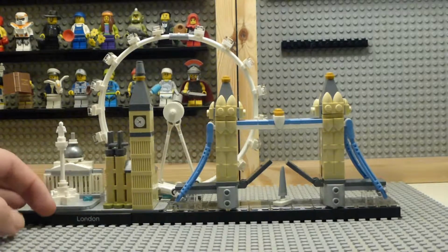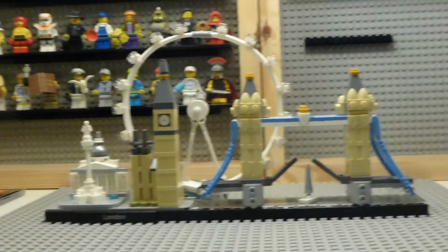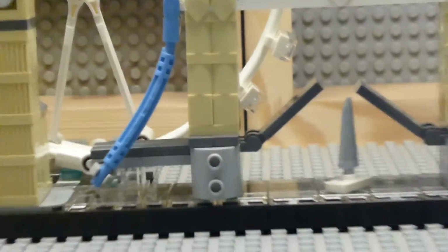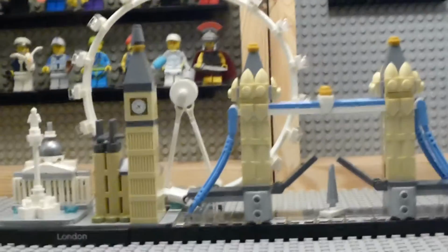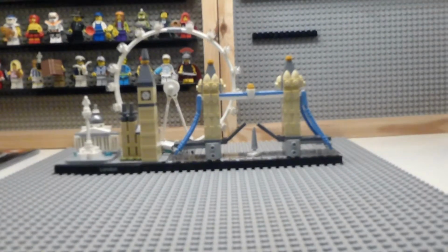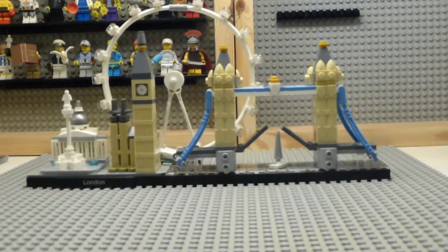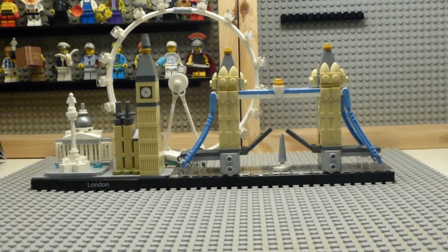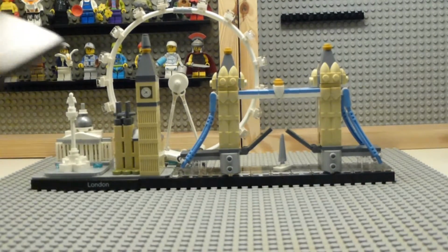This piece here that says London on it, down the bottom left corner, that is a printed tile. There are no stickers in this set, so same with the Big Ben clock face. That is also a printed piece, which I think is really nice that they did printed pieces. I think all the architecture sets are printed pieces, and I forgot to mention the instruction book is higher quality than most